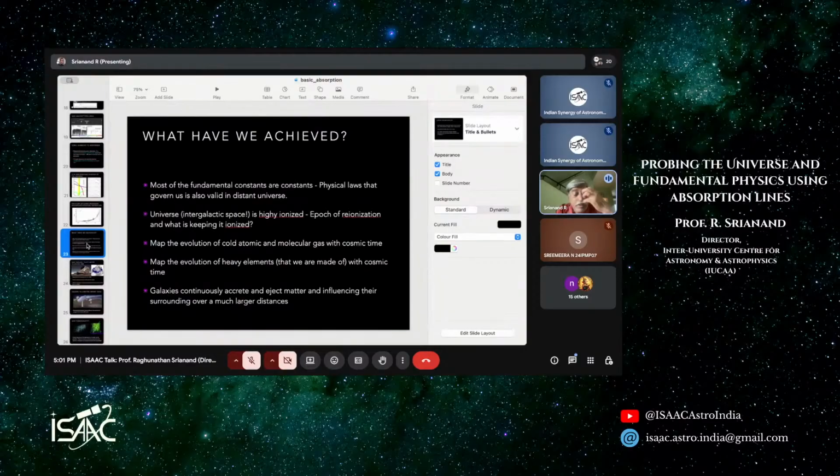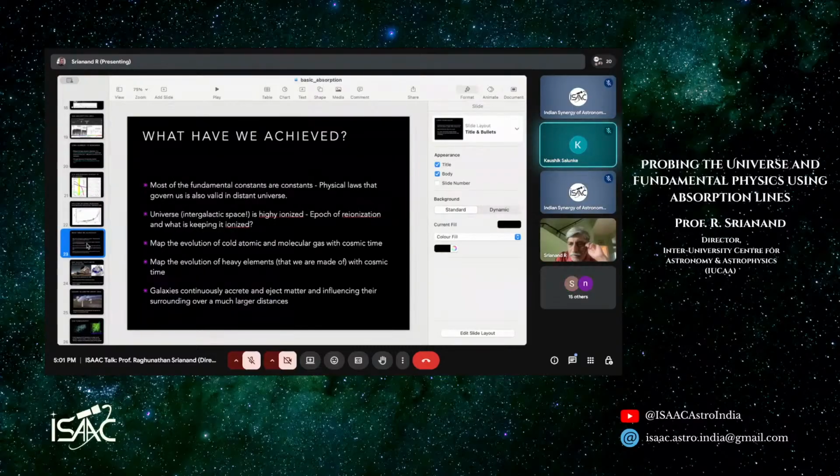We also realized, because of quasar absorption line studies, something about the universe. We said the universe started from a hot Big Bang, then it cooled down, then matter became neutral, and the radiation decoupled from it. We can actually probe how the matter and radiation were behaving as a function of time, and this has led to the scenario of what is known as reionization. So I will leave it. If somebody is interested, I can go through it later. Absorption line studies also give important constraints on how galaxies form and evolve. I won't go into this now because I'm already close to an hour.